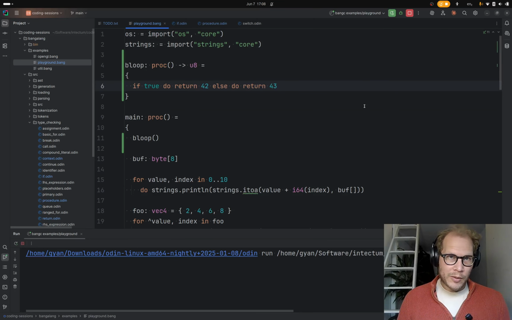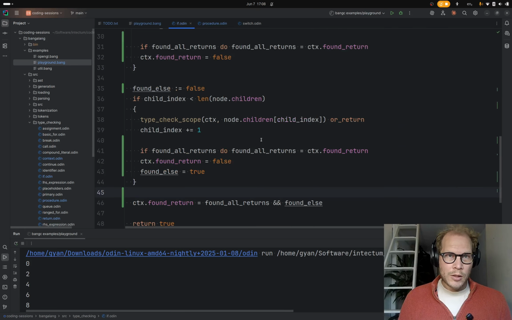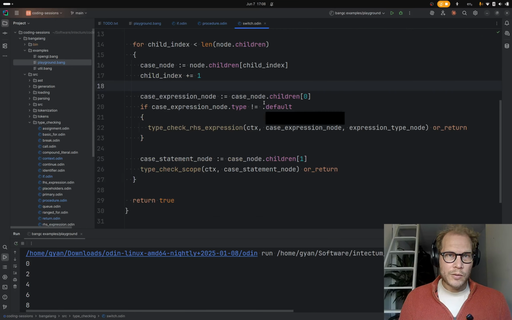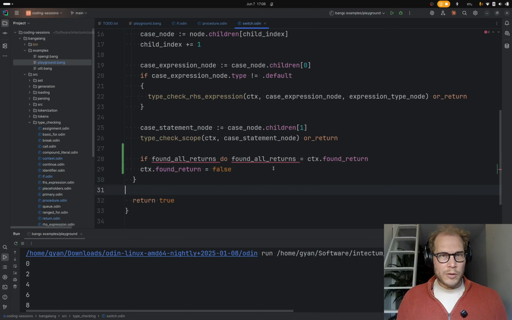Okay, so now let's try the switch. I guess it'll be very similar. This one is kind of just like looping through all of the possibilities, all of the cases, I should say, in the switch. So we can probably just repeat this pattern. Switch. So after we type check the scope, we do the same thing.